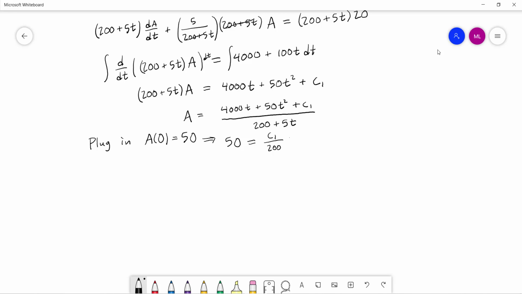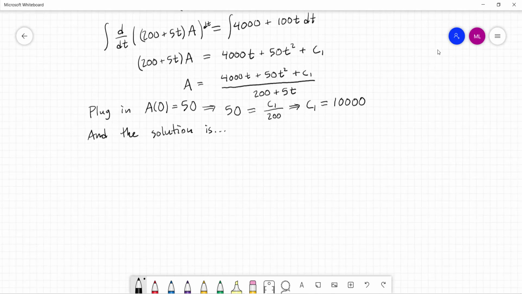So what does C1 need to be? I get my zeros right, so we're going to get 10,000. I think that is correct. Yeah, 10,000. And the solution